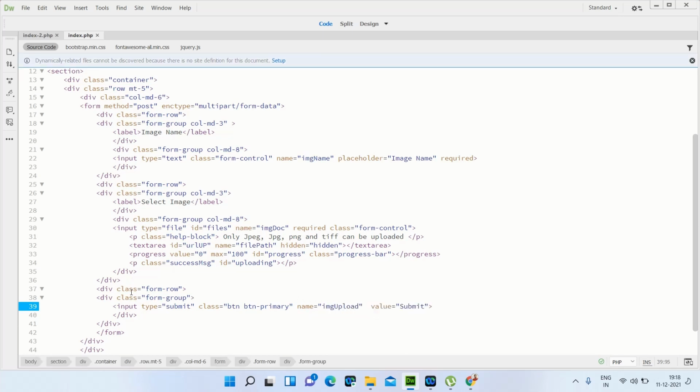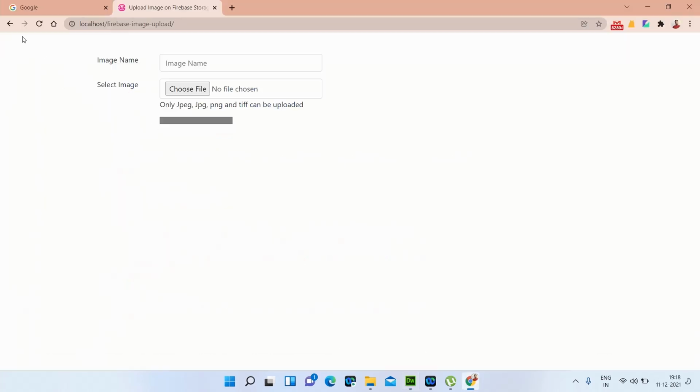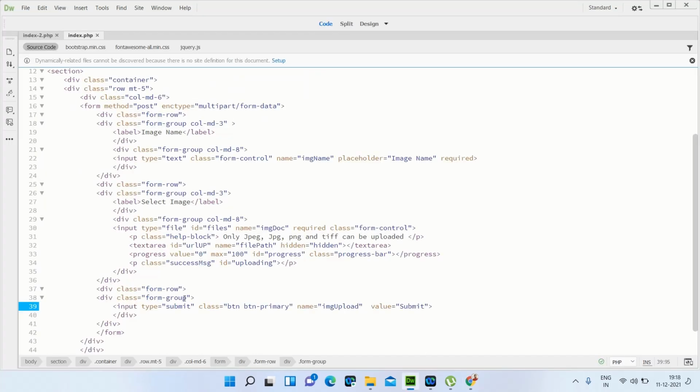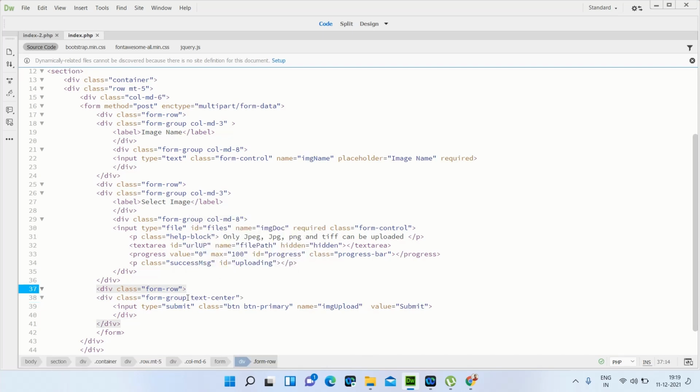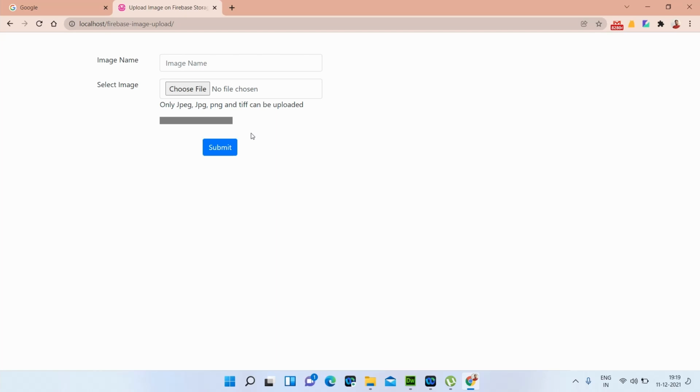So I have just saved and refreshed the web browser. So then here, calling bootstrap class text. Yeah, so we need to assign one more class, call col-md-12. We will write the CSS after some time. So first we have to create all the input types of the form. Then after that we will write the CSS. After that we have to create an upload button.